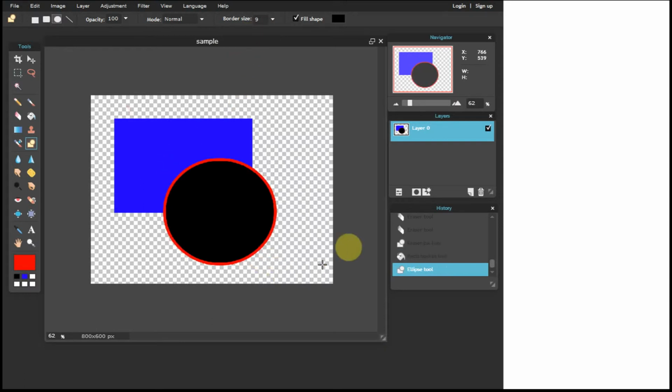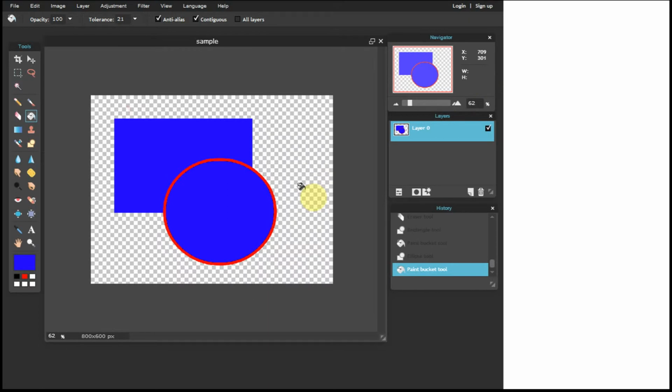Okay, so let's make the border slightly larger. Then we can go back in and we can actually fill in that shape. So we can fill in the circle using the paint bucket. Okay, so